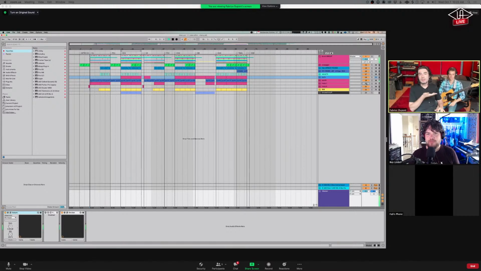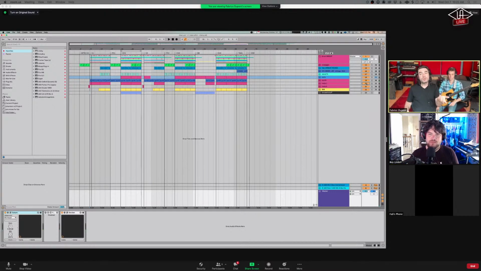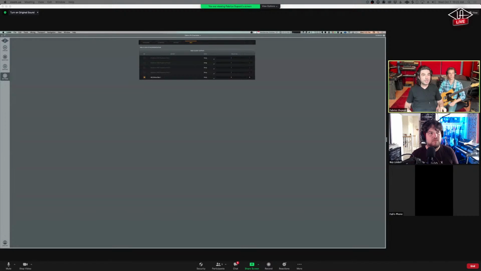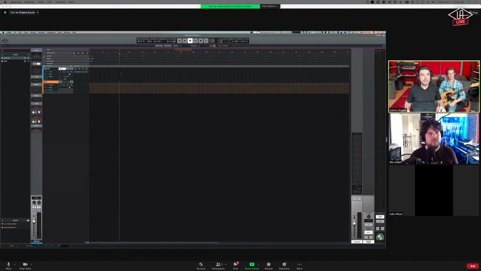So I can work in Ableton like this, but when I know that I'm going to switch back to Luna to record Mikael, I have to set up external. You see up here on the upper left, if you click here, this tells Ableton, hey, someone's going to give you some information, and that would be Luna. So I switch back to Luna and to my timeline. And if I click, we were at bar 9. Let me mute the click.